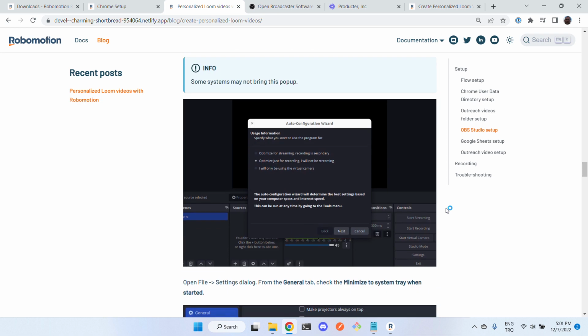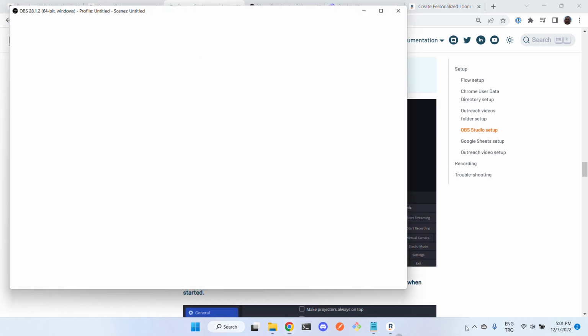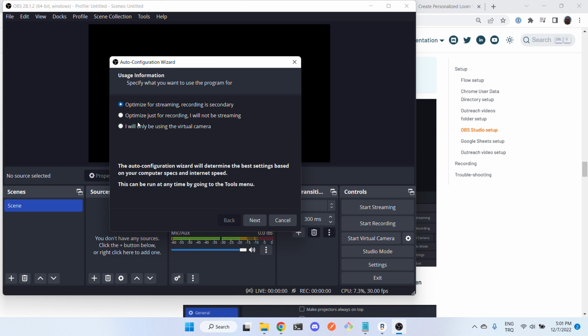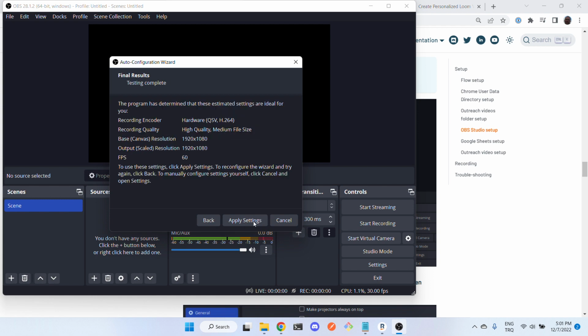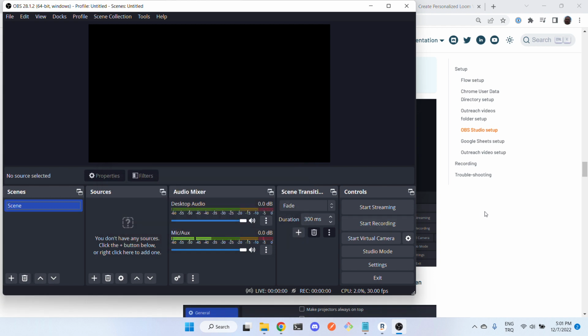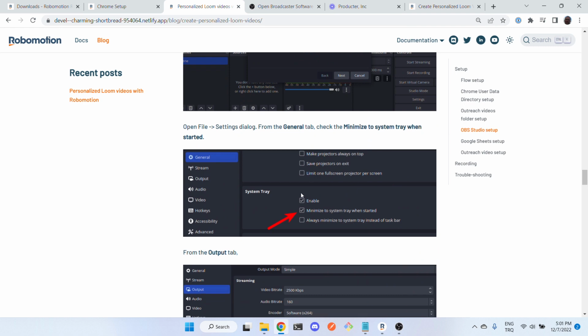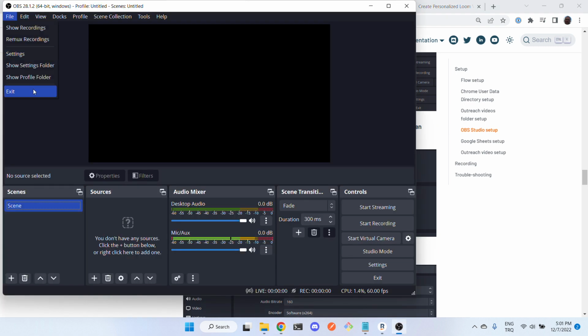In your first run, you will see a wizard like this one. Select optimize just for recording, because you are just going to record. Use this resolution and continue, and apply settings. And then let's continue. Open the settings dialog here